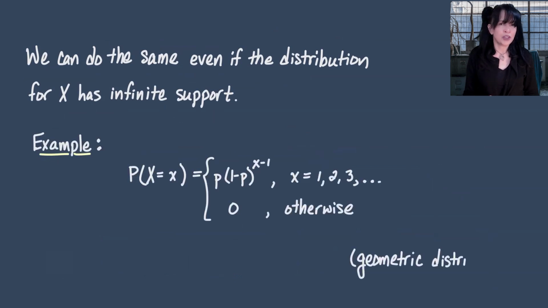There are two common geometric distributions, one that starts from 1 and one that starts from 0. For this example, I'm going to look at the one that starts from 1. This has an interpretation as if you were to do several independent trials of an experiment where the outcome at each trial is either success or failure, and the probability of getting success on any one trial is p. If you want to count the number of trials until the first success, that would have a geometric distribution with